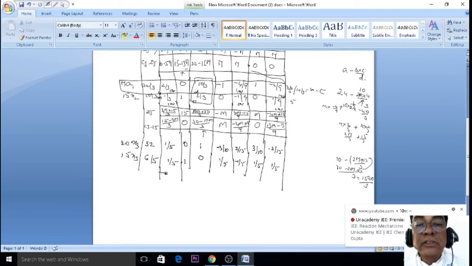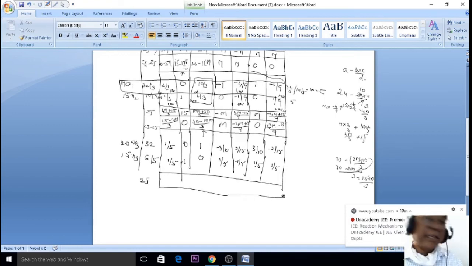Once you are over, next you go to Zj. Same thing, don't change the procedure. Zj. What are the Zj? What is the basic formula for Zj? Sigma Cb into Xi. I mean to say 20 into 1 by 5 plus 15 into 1 by 5. So this is 3 times, this is 4. 4 plus 3 is 7. Am I right? 7.